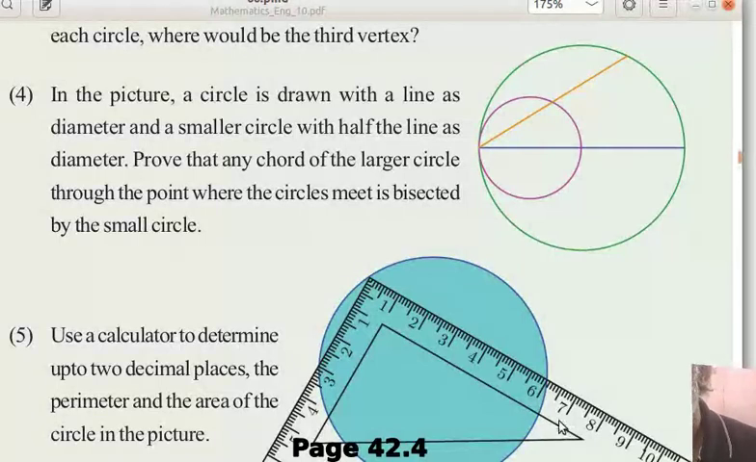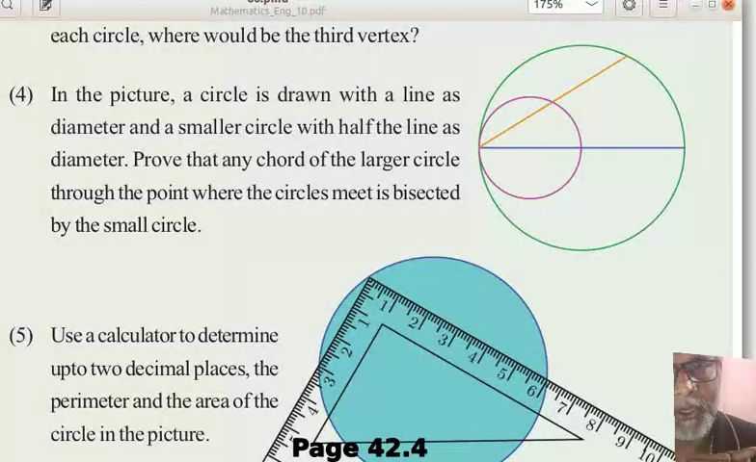Very interesting question. Okay, there are two circles. One is bigger and the other one is small. And there is a connection between the diameters of the circles. The smaller circle has a diameter half the bigger circle. Now we have to prove that these two circles are meeting at a point, and if we draw any chord, what is a chord? A chord is a line joining two points on the circle. So if we draw any chord of the bigger circle through that particular point,